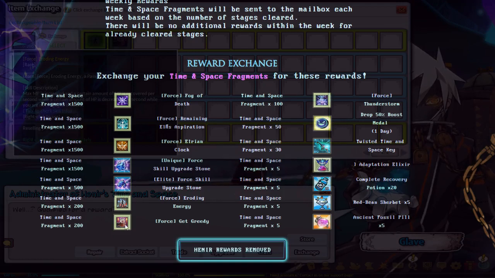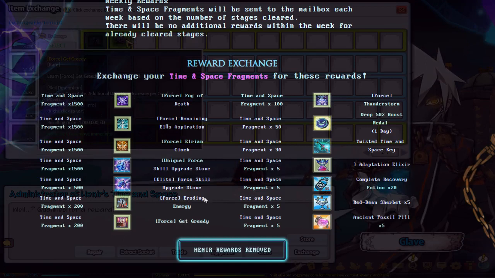Get Greedy is interesting, sort of pay to win though. It boosts your item drop rate depending on how high your combat power is. So it's a pretty interesting skill. And Eroding Energy, which is kind of like